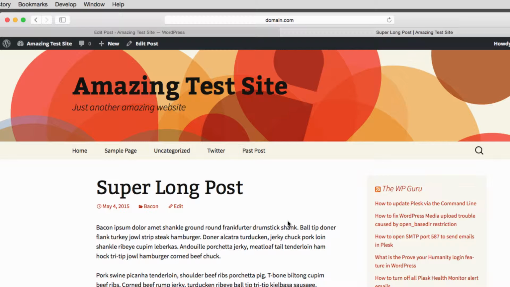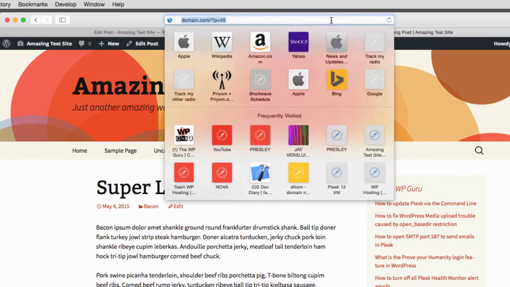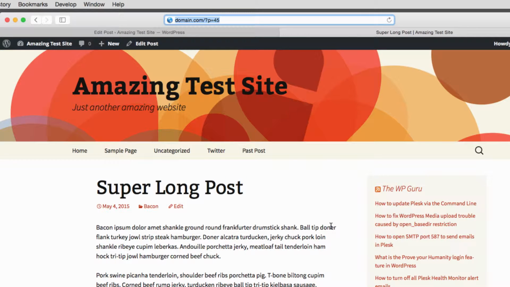And if I wanted to give someone a URL, I would perhaps like to have these so-called pretty permalinks that would perhaps be domain.com/super-long-post. And WordPress can do that with something called rewrite rules. These are frightening to a certain extent, and they're not that frightening really. I mean, they just tell the web server, be that Apache or Nginx, to display the URL slightly differently than